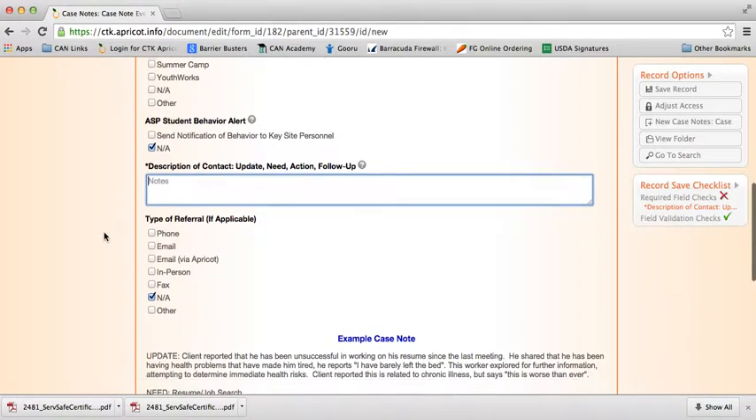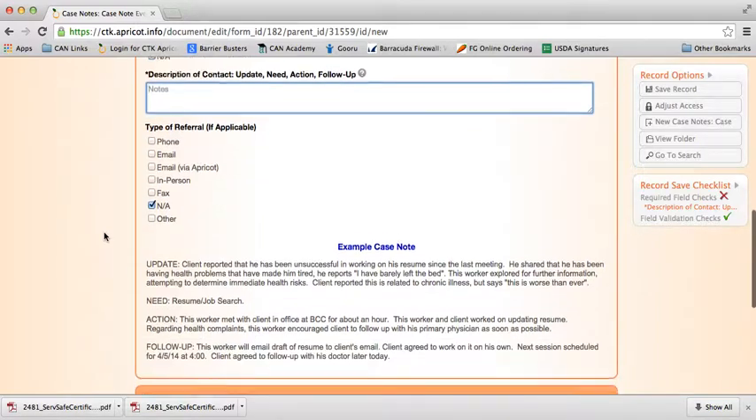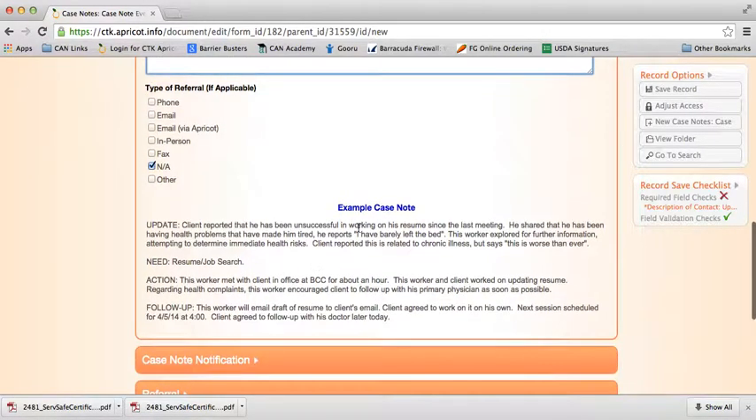We do have a built-in example case note down here. So for example: client reported that he has been unsuccessful in working on his resume since the last meeting. He shared that he has been having health problems that have made him tired. He reports, "I have barely left the bed." This worker explored